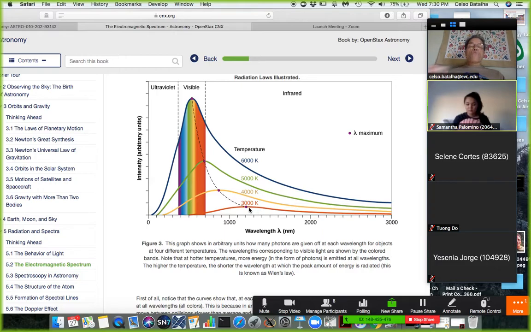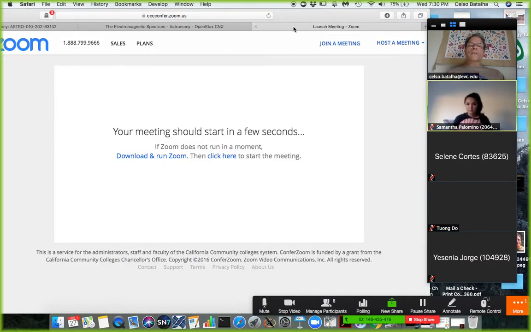They appear reddish. Then, for instance, the stars like Vega appear to be more whitish and hotter. So let me show you an animation that might exemplify what I'm trying to say as far as black